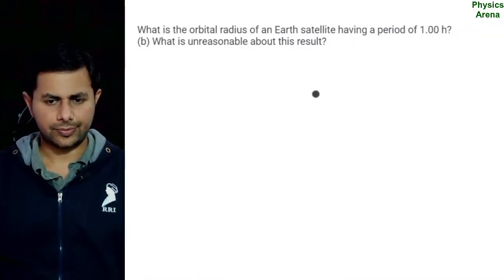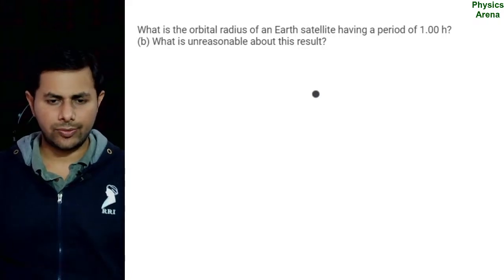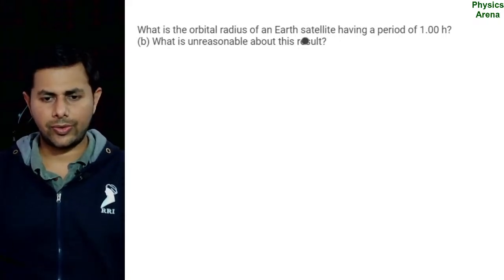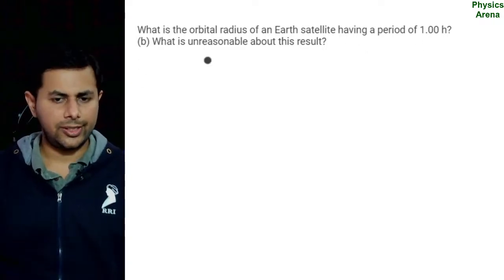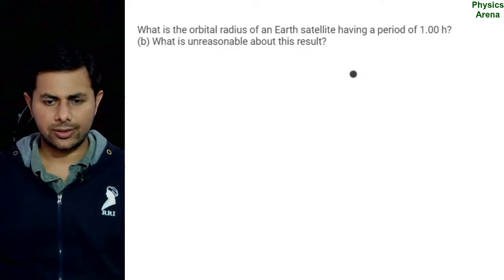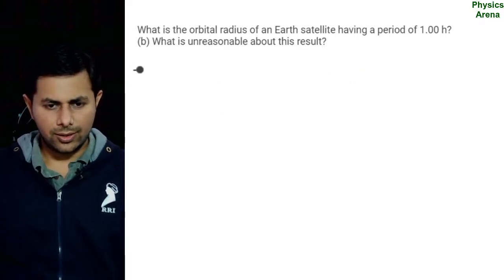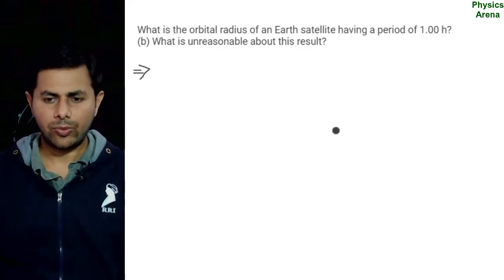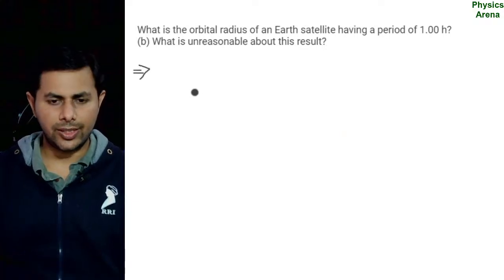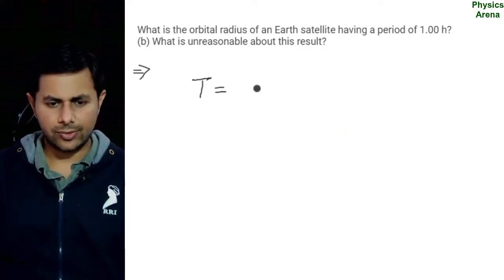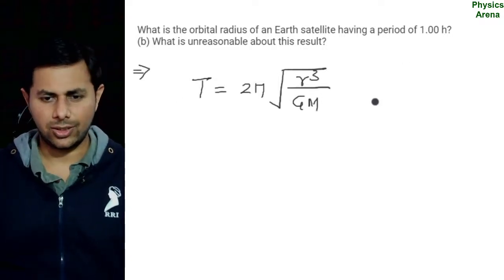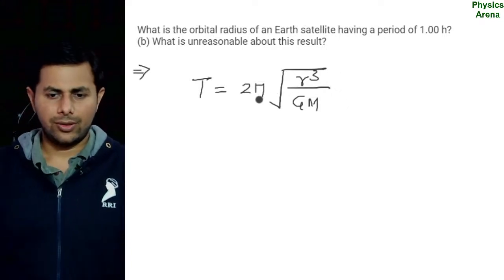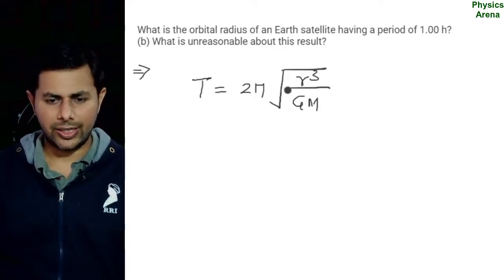All right, let's move on to the next problem. What is the orbital radius of an Earth satellite having a period of 1 hour? What is unreasonable about this result? Okay, so we have a formula for the orbital period. T is equal to 2 pi into square root of r cube over GM, and we have to memorize this, unfortunately. Okay, so then we can square it, so we get T square